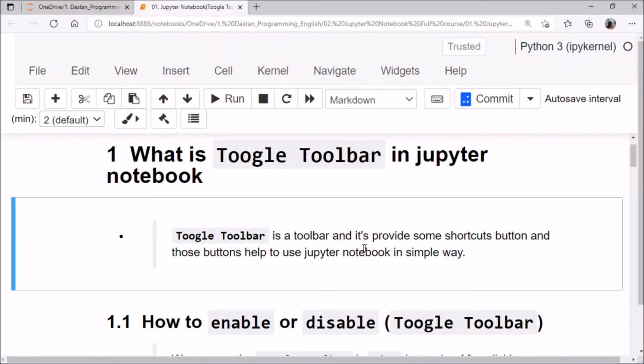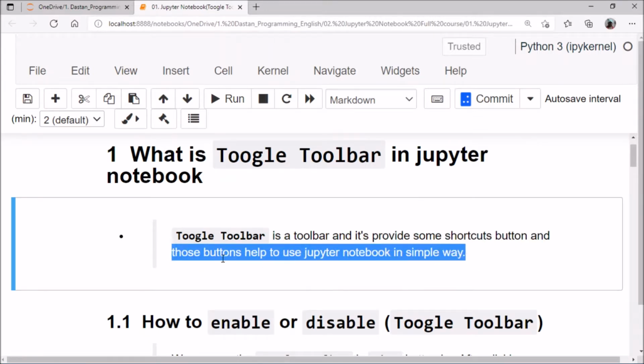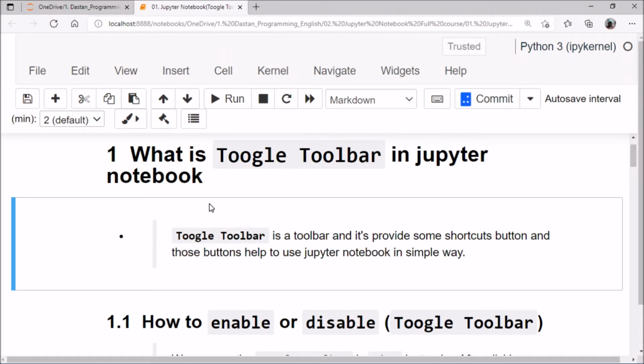The toggle toolbar is a toolbar that provides some shortcut buttons, and those buttons help to use Jupyter notebook in a simple way. But you will definitely see what the toggle toolbar is here.